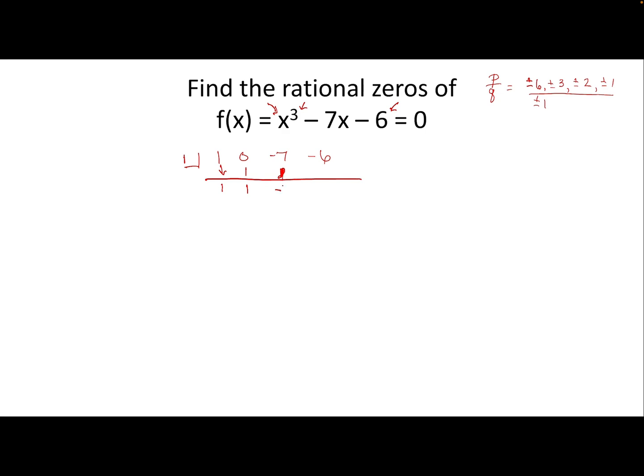Negative 7, and a positive 1 is a negative 6, and 1 times a negative 6 is a negative 6. Negative 6 plus negative 6 gets us a negative 12. So it didn't work. So let's try negative 1